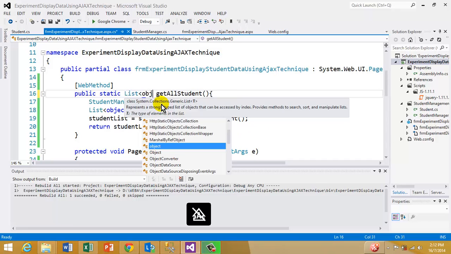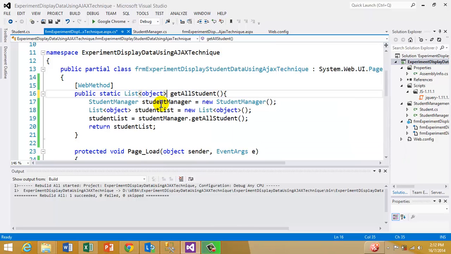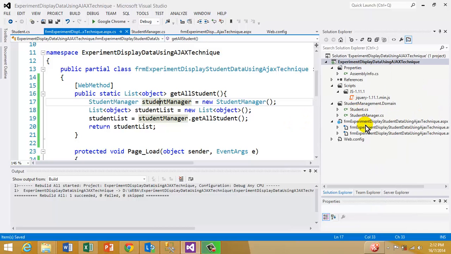Return a list of object, right? Return a list of object. Okay? Right, a list of object. So then after that, my intention is that I need to go and work on the